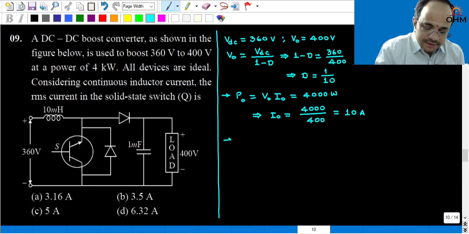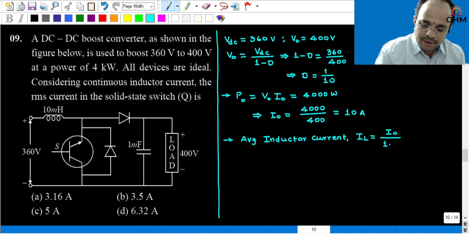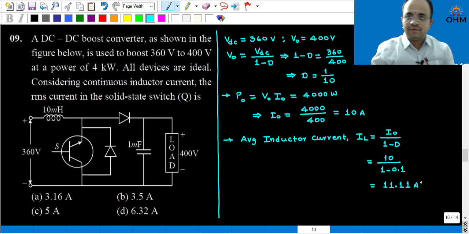Now what is average value of inductor current? Average value of inductor current, IL in boost converter, is I0 divided by 1 minus D, 10 by 1 minus 0.1. This numerical value will be 11.11 ampere. Now in this question, it is not given that switching frequency, and it is mentioned that inductor current